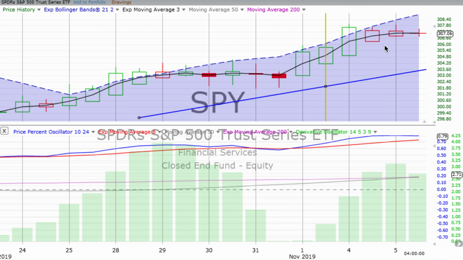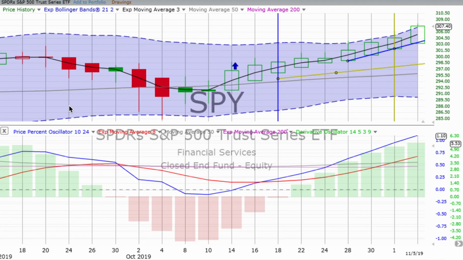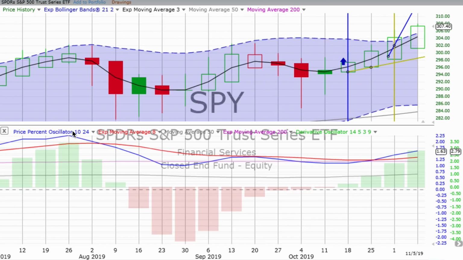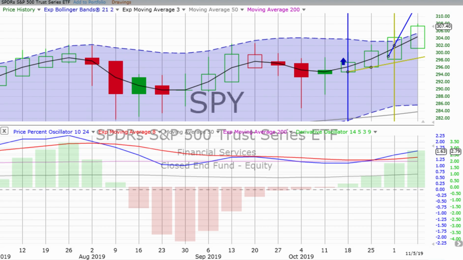Remember, once you enter a trade, until you hit your profit parameters, what you are looking for after that 4-hour chart perhaps sometimes pulls the trigger for you, you don't let that 4-hour chart mislead you. You want to pay close attention to what that 2-day chart is doing, still going up strong, and that weekly chart still going up strong and decent. So we'll continue to watch, see what there is to see, what there is to learn from this trade.